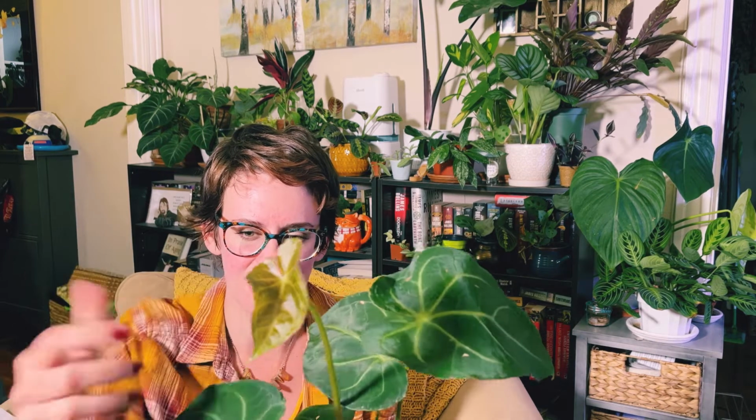Hardening off, I guess. And also this looks nothing like the other leaves. It's not velvety, it's a weird feeling texture that I'm very excited to see gradually change to this more velvety texture. So that's the third plant I checked off my wish list in that order. And the fourth plant I checked off my wish list in that order